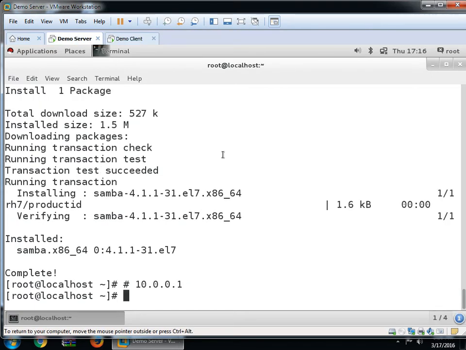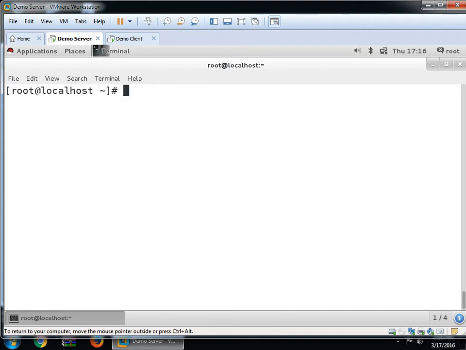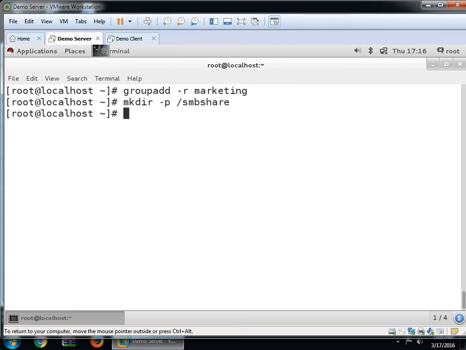Now, in the server computer, just create one group with groupadd marketing. So this group name is marketing, and create a folder by the name of smbshare. The folder name can be anything.